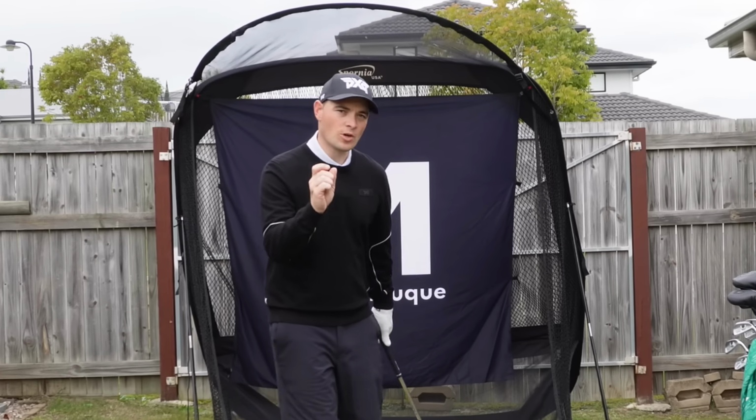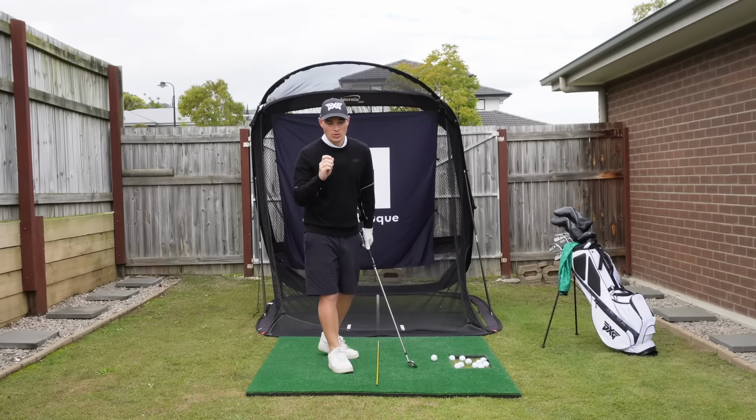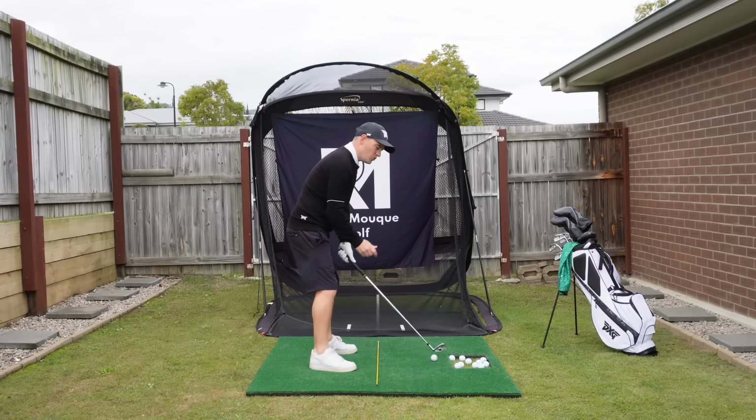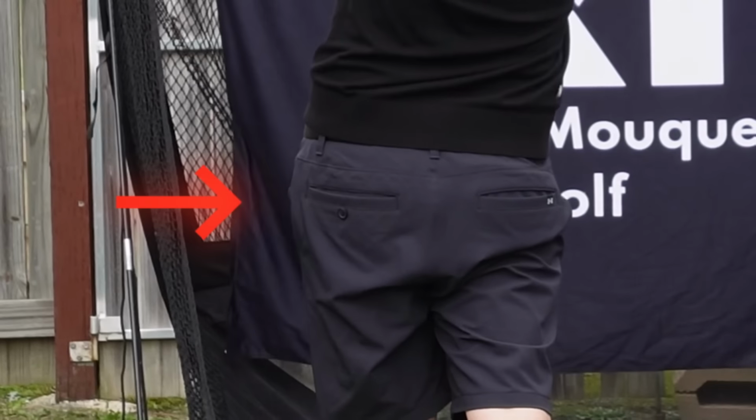If you've been trying to rotate your lower body through that impact area and nothing's working, the one thing you're missing is your left knee. So let me explain that. When you're working through impact, if you can't see your left butt cheek at impact, you haven't rotated the body